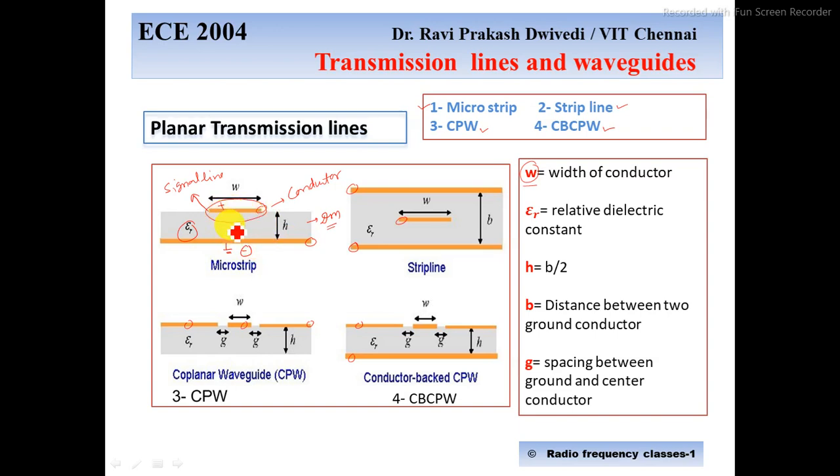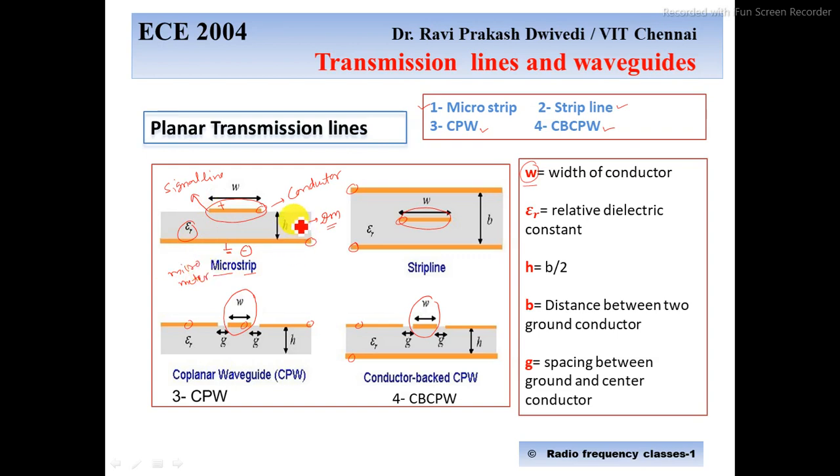Depending upon this width of the signal line, or generally we can say a strip, that's why we call it a microstrip line or strip line. Here also you can see this is a strip which has a width W. Here also it is a signal strip which has a width W. Here also the same way. So this is the width of the conductor. When we consider the width of this conductor in the micrometer range, and it is a strip, that's why it is called a microstrip line. Generally we say microstrip line because the width of this signal line is in micrometers. So it is clear now.